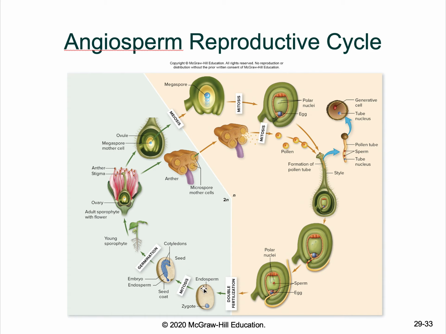And what the endosperm is, it's the nutrition. If you put a seed in the soil, it can't photosynthesize yet, right? Photosynthesis, we said, happens on the leaves, and seeds don't have leaves, right? So how is it that this seed is able to grow up into a plant? Where does it get the energy from? The energy comes from the endosperm. That's the reason for this double fertilization process. The endosperm will give the nutrition to the baby plant, and then the baby plant can grow up into a plant. Now it has leaves, and now it can photosynthesize and make its own food, and it's self-sufficient now. It's pretty interesting how that works.